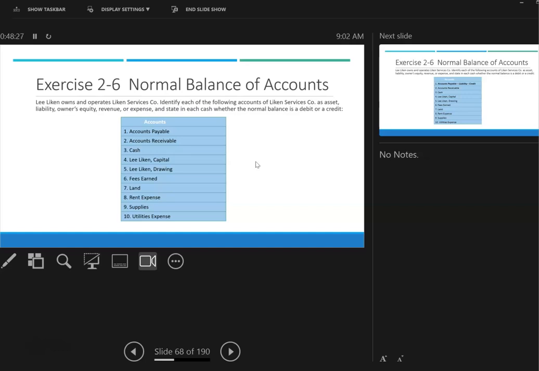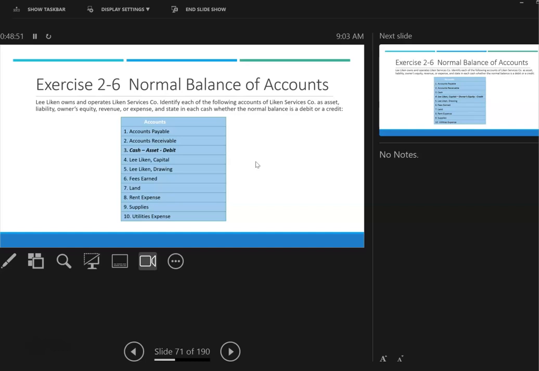These are various accounts, and identify these accounts as an asset, a liability, owner's equity, revenue, or expense. We'll go through these real fast. Accounts payable, liability, right? Payable, liability. Accounts receivable, asset, debit, cash,